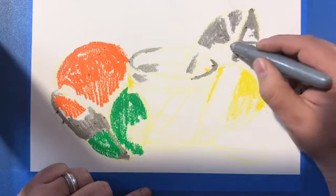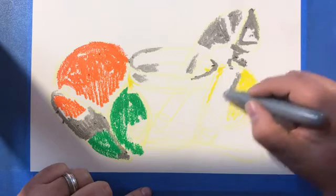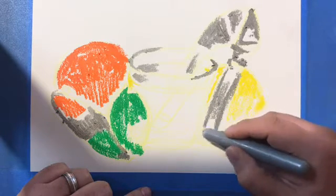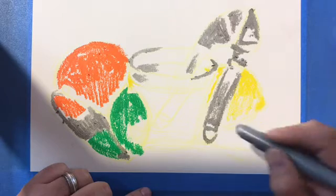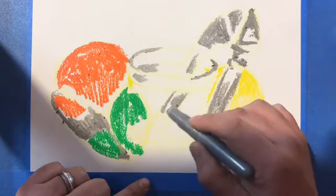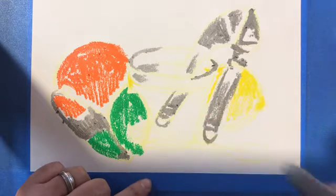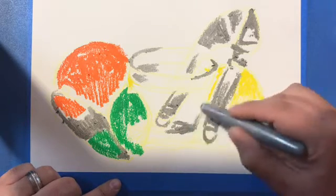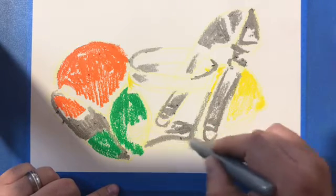There's a little bit of yellow popping in there as I'm looking at it a little closer with my garlic press shape. Notice how I'm taking my time with each little setup. Down at the bottom of the glass, I see a large amount of gray. And then here on the spoon, or the pie cutter,